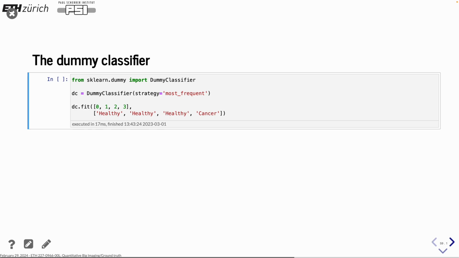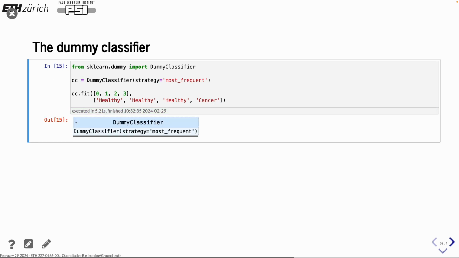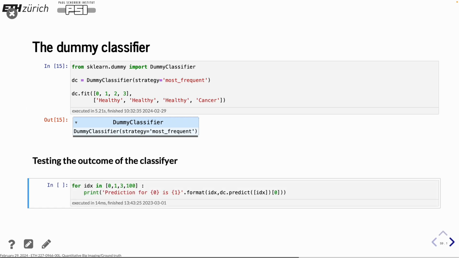So if we have this use case where we have 3 observations, 1, 2, 3, and we say that we have one healthy, one cancer, and let's train that one. Yeah, it needs to load it first. So then we got our classifier, and going on and trying to predict using this classifier. We can see here we trained this DC, and then we just use the predict. So we look at these data that we had,